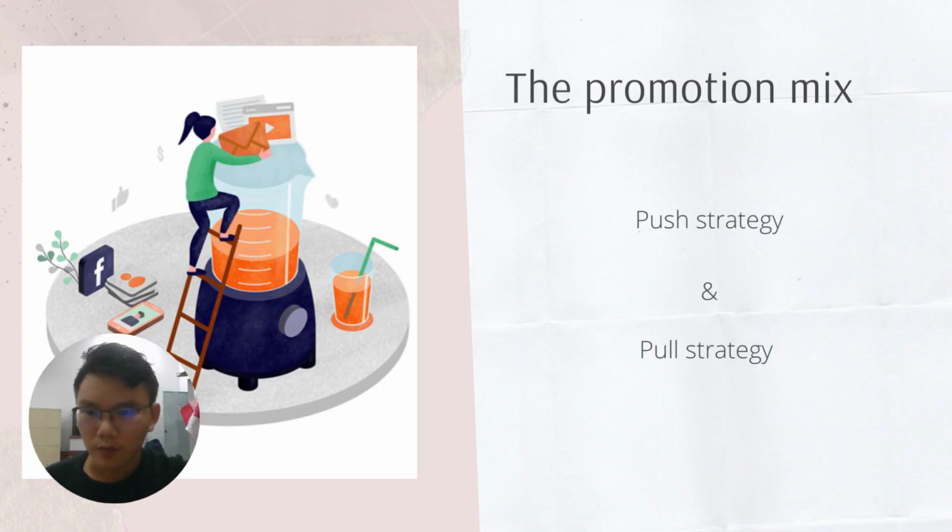We will move on to the promotion mix. Marketers can choose from two basic promotion mix strategies. A push strategy calls for using the sales force and trade promotion to push a product through channels. A producer promotes a particular product to channel members, who in turn promote it to the final consumer. Or they can use a pull strategy, which calls for spending a lot on consumer advertising and promotion to induce final consumers to buy a particular product, creating a demand that pulls the product through the channels.